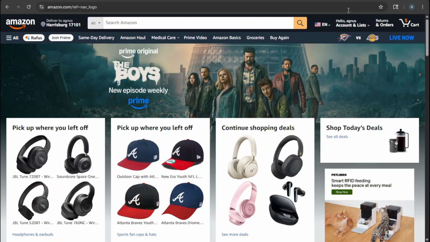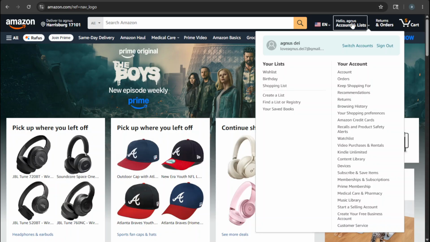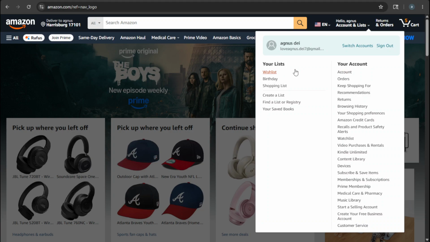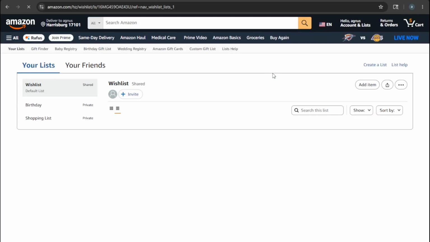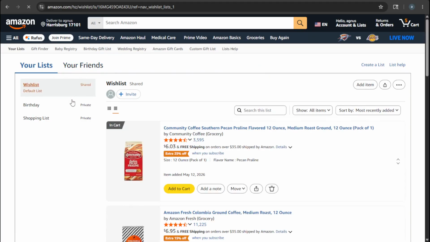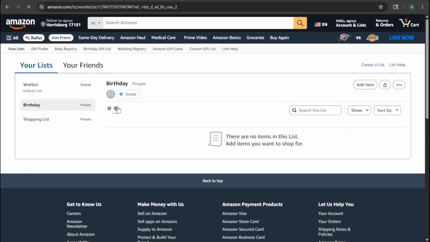First, you'll want to hover over the Account and Lists menu at the top right corner of the Amazon homepage. This is your go-to spot for accessing all your lists, orders, and account settings. As you hover, a drop-down menu will appear. Look for the Your Lists column. Here, you'll see a selection of your lists, and you can click on the one you want to designate as your new default. This step is crucial because selecting the appropriate list is the first move in organizing your Amazon